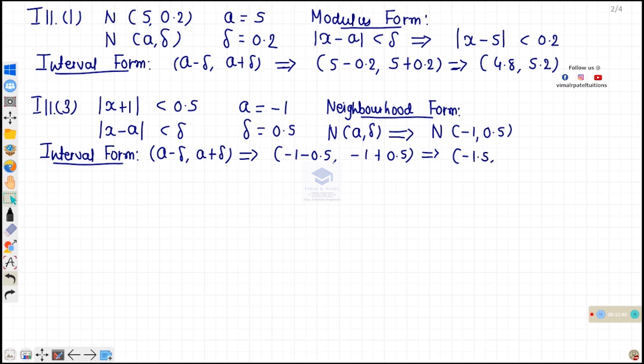Minus 1.5 minus 1 plus 0.5, so it will be minus 0.5. Now